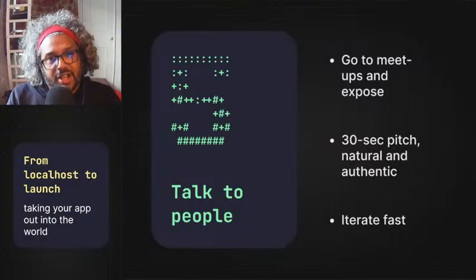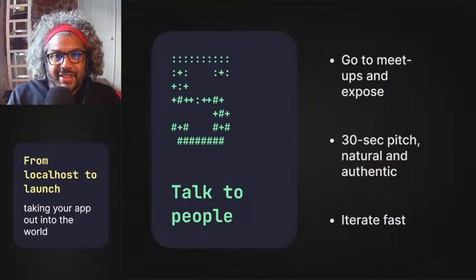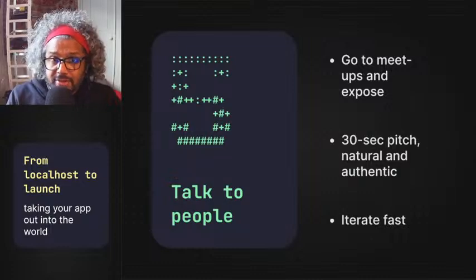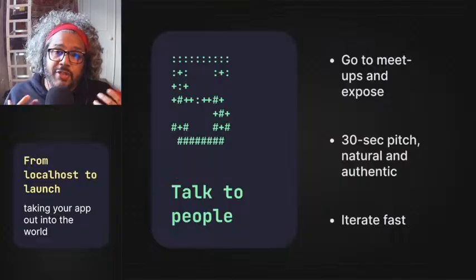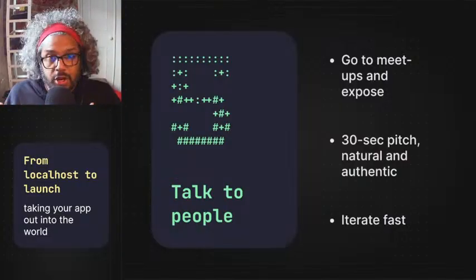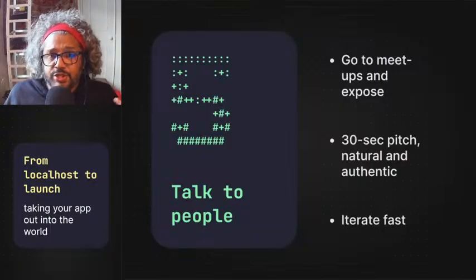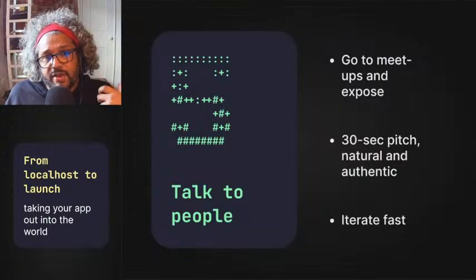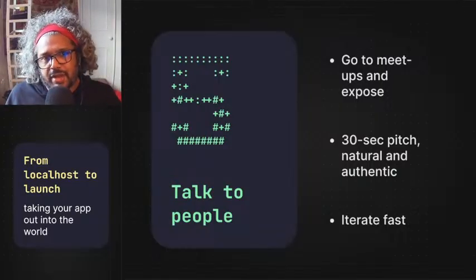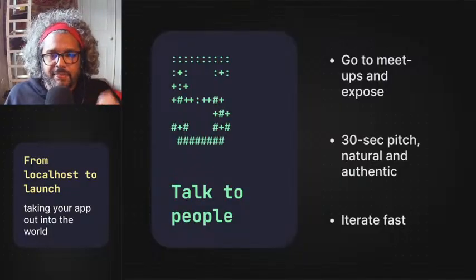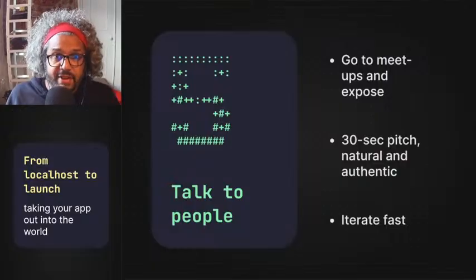Now, I understand that you can't scale that. It's impossible to scale it, but you can get your first 100 users just doing face-to-face stuff, and then you can use that 100 to get the next 100, and then use that 200 to get the next 200, and so on and so forth. And before you know it, using various referral schemes and various golden ticket schemes, you can get to 1,000 users very effectively. And this is the bonus of talking to people, that you can iterate very fast.